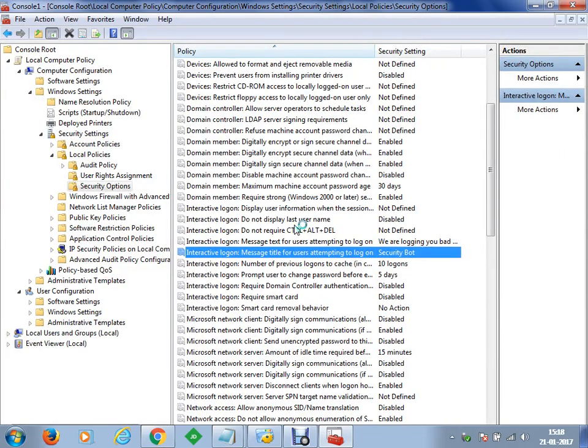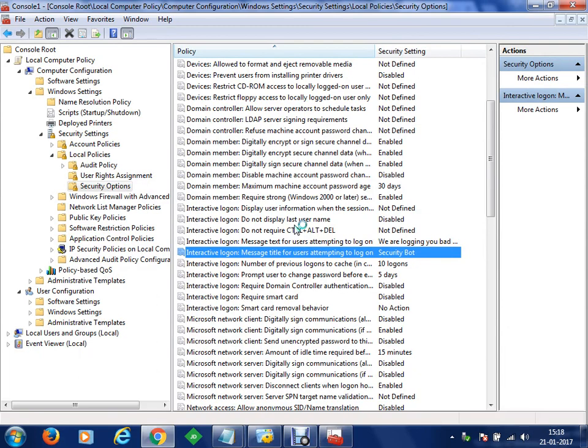Okay, so it's like a message to a new user that this system is protected and under security. Let's say he ignores that and goes to the next part, types in the details, and is able to log in. Is that clear? So you can set these interactive messages using these policies.